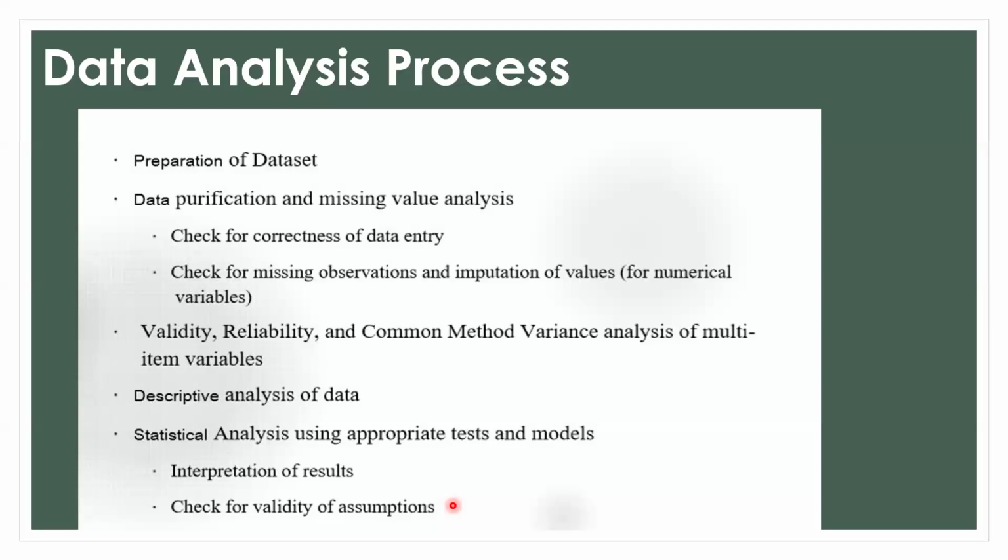Right. Okay. A multi-item variable is a variable which we are going to measure using a number of questions. Say for example, we can measure the gender with a single question: what is your gender? For options, we can give male and female. Then the gender as a variable is being measured using a single item, right? A single item has been used to measure it.